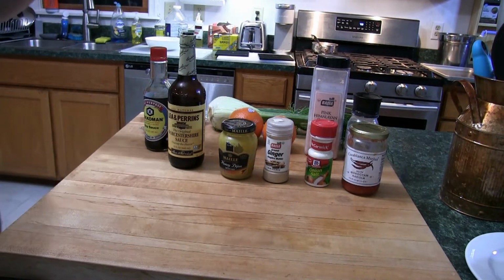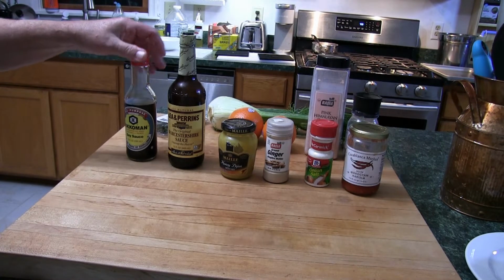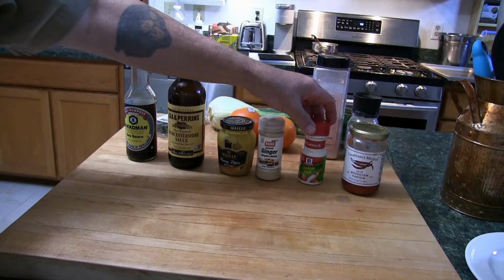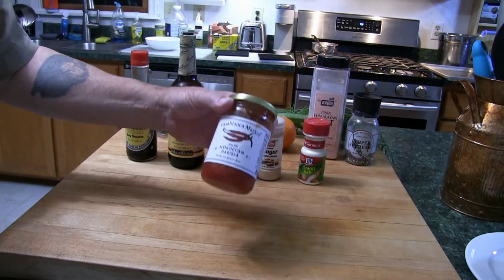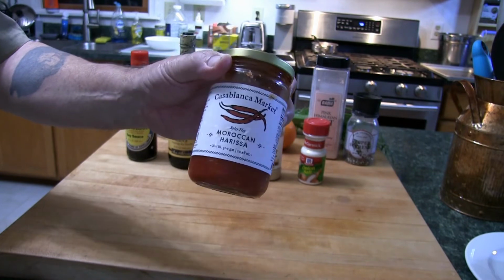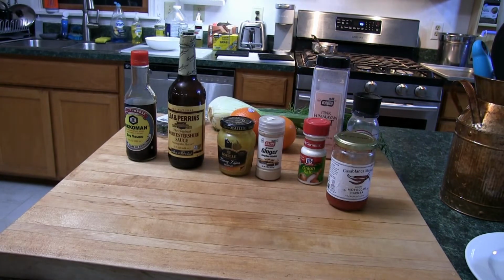Pepper, of course, two most common spices in the world. I have some soy sauce, Worcestershire, honey Dijon, ground ginger, onion salt, and this is what makes it Moroccan, the Moroccan Harissa sauce. I've really been loving this lately. I don't know if the Moroccans are into fennel, but